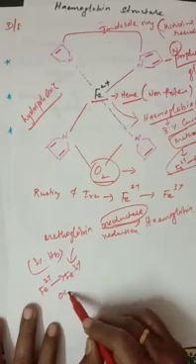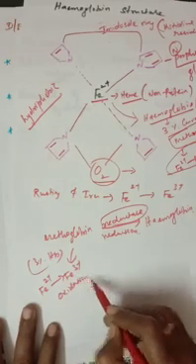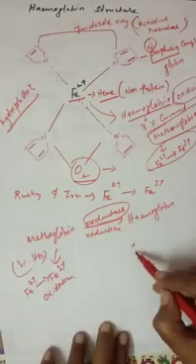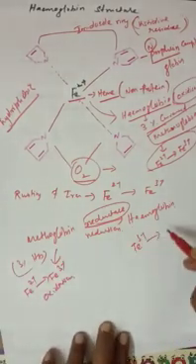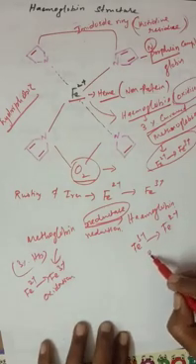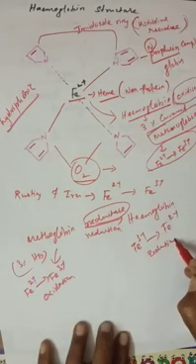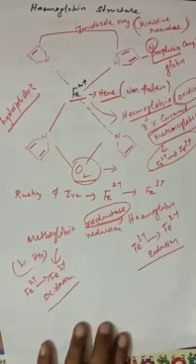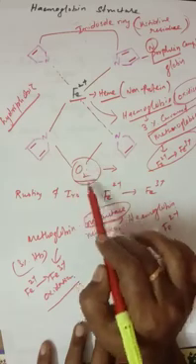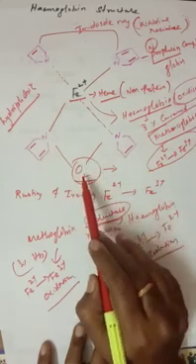Here oxidation takes place, right? And when the reaction is reversed, the Fe3+ is reduced back to Fe2+. This is known as a reduction reaction, so redox is also taking place here. The sixth position is the octahedral site that binds oxygen, for the transport of oxygen and carbon dioxide.